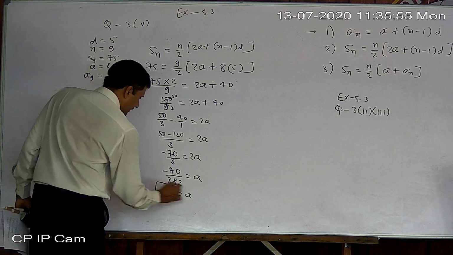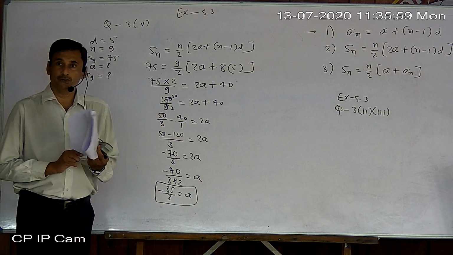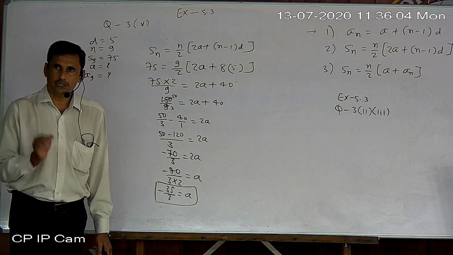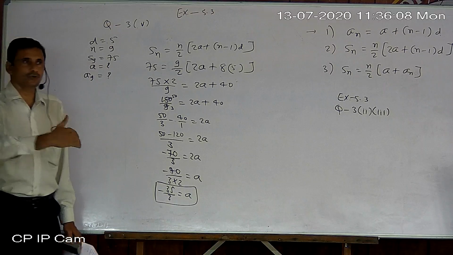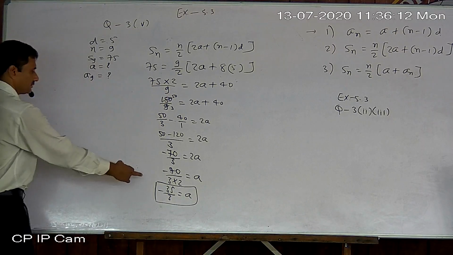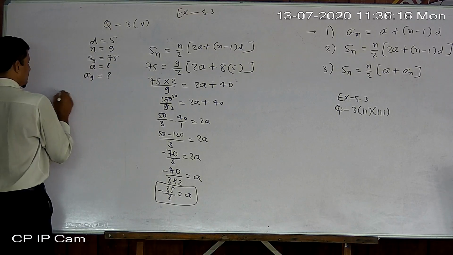But never convert this type of number into decimal, because if there is any number in the denominator except 2 and 5, then your decimal form will be non-terminating. So it is not advisable to convert it into this form. Now it is asked an. So just use that one.